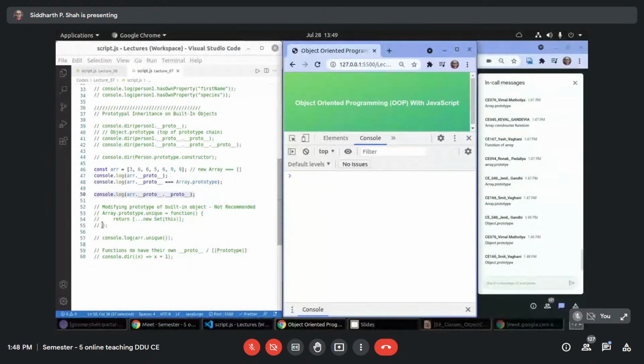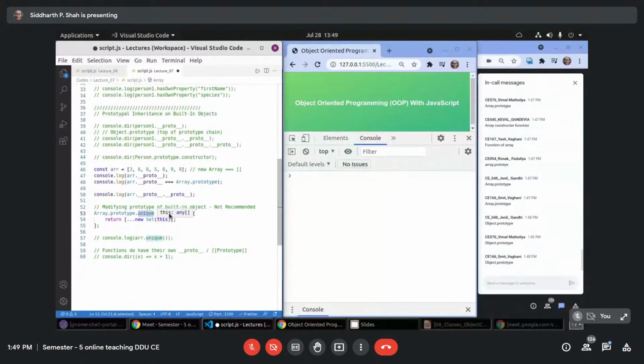Now, a few more things. It is also possible that you can add new properties or methods inside the prototype property of built-in objects, like this. I am trying to add a new method unique inside array dot prototype, where it returns all unique elements from the array.